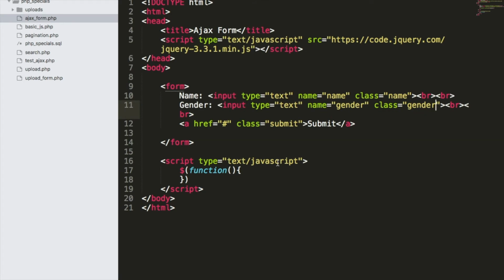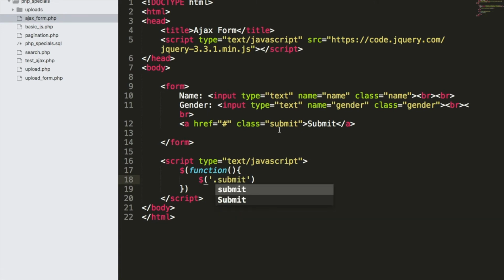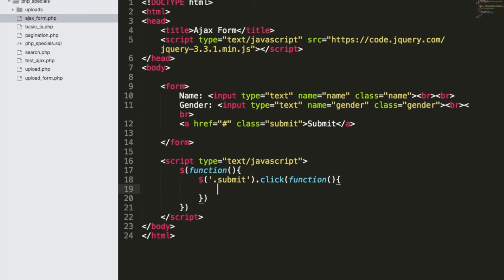Okay, now what I want to do is whenever this submit button or submit anchor is being clicked, I want to grab the name, I want to grab the gender and send it via Ajax to some other page. So let us just prepare our parameters and data first. So whenever the anchor with class submit is clicked, then perform a function